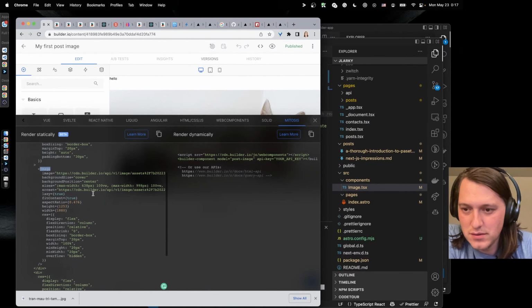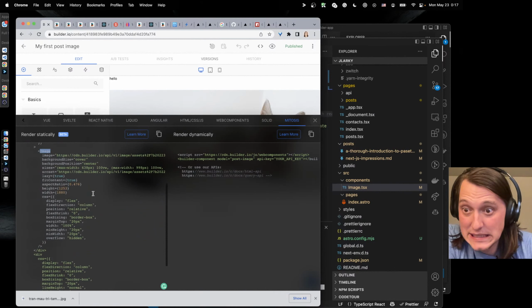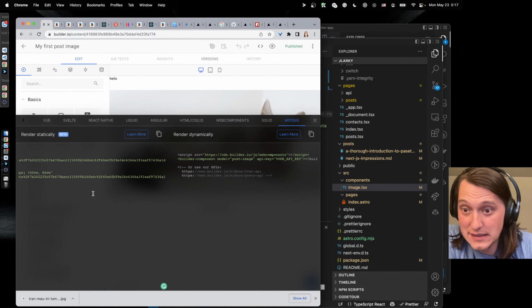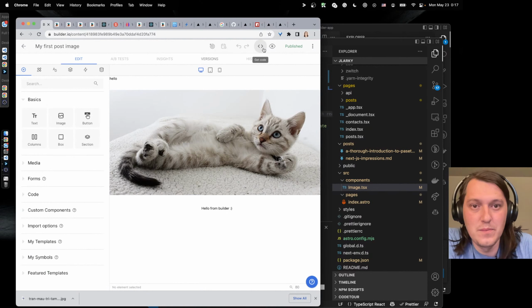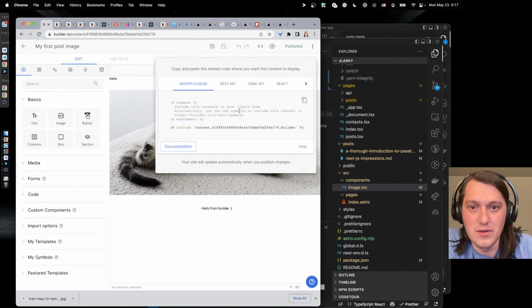From components. Okay. I don't know if that actually works or not. Okay. So I can't find the code that I'm looking for.